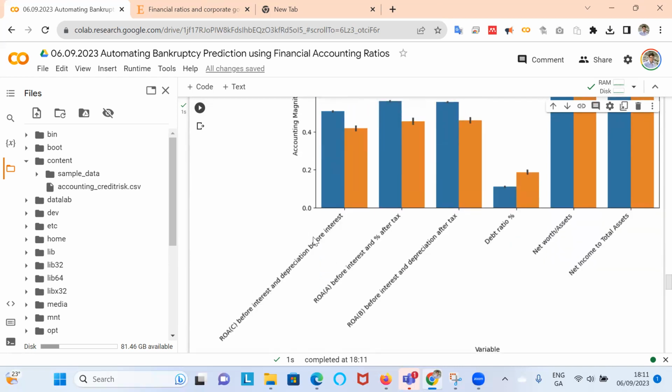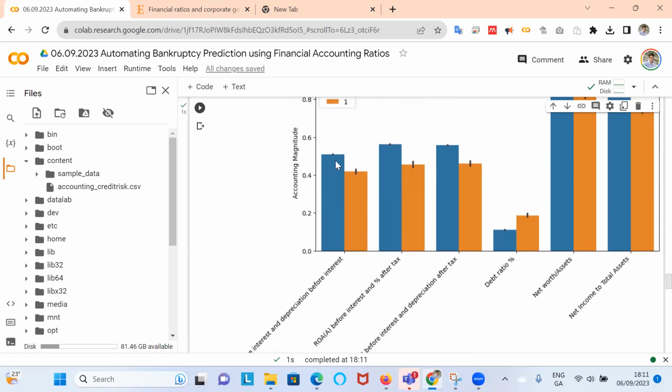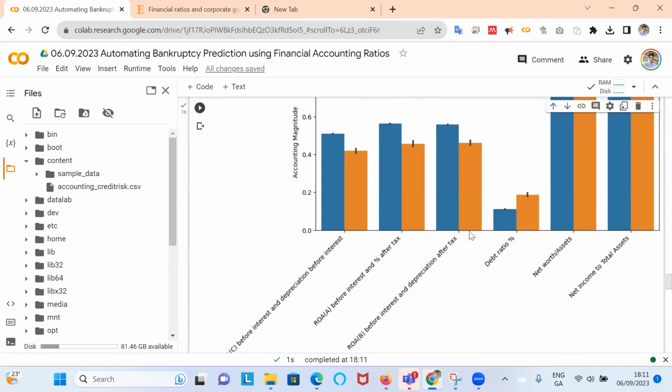Remember, they're bounded by 0 and 1. For the return on assets before interest and depreciation, those companies that have the higher profitability have a higher mean. So the blue here means they weren't bankrupt, they have a higher average profitability. And we see that across the board.